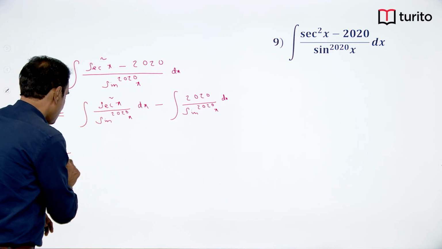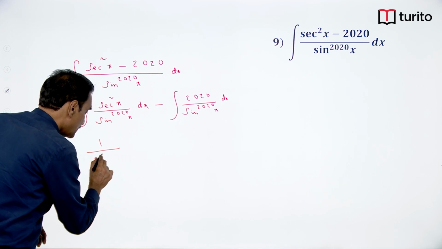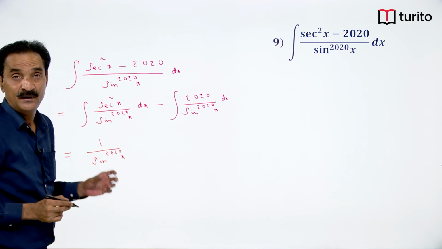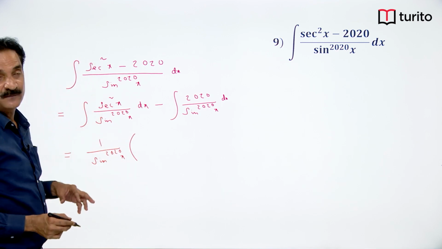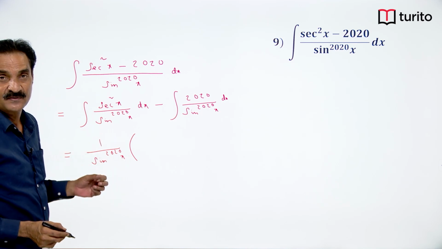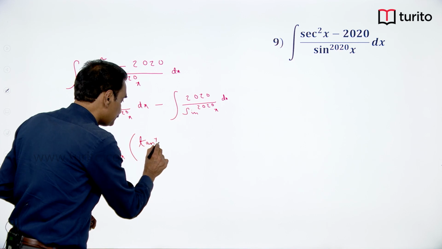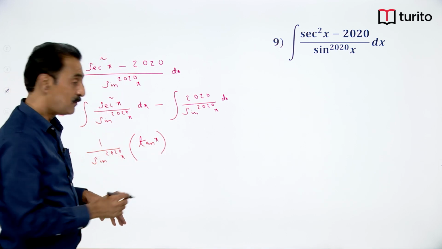So, first function 1 by sin power 2020 x into integral of the second function. What is the integral of secant square x? It is tan x, right. First function into integral of the second minus